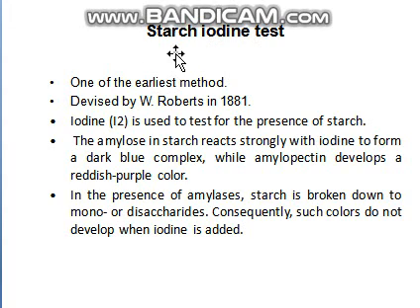First of all, in the previous videos, I have told you that starch is composed of two compounds. One is amylose, the other is amylopectin. Amylose is a linear chain of glucose. When this linear chain of glucose comes in contact with the iodine, the iodine gets fixed into this chain, and thus it produces a blue color. Whereas amylopectin produces a reddish purple color. But as amylose has more affinity towards the iodine, the color produced would be blue instead of reddish purple whenever the starch comes in contact with the iodine.